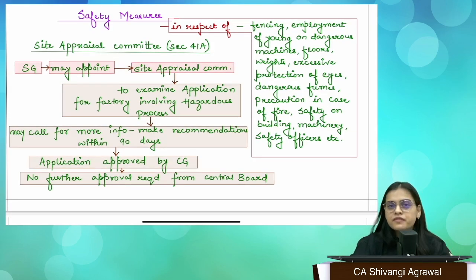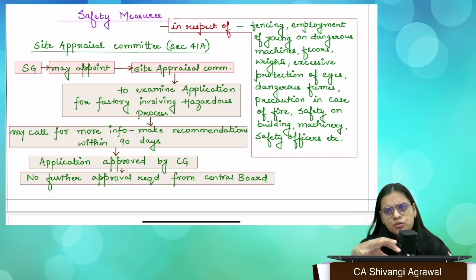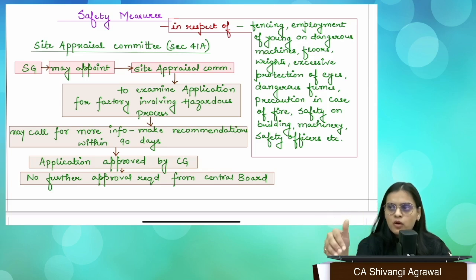Then we have floors. Basically, there are different floors in a particular factory, there will be staircases and passages, so they should be kept clean. It should not happen that while I am walking, I am slipping, right? That should be taken care of, because somebody might slip on the stairs. They should also be of good construction quality, right?